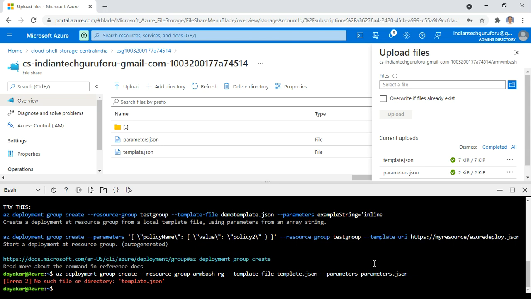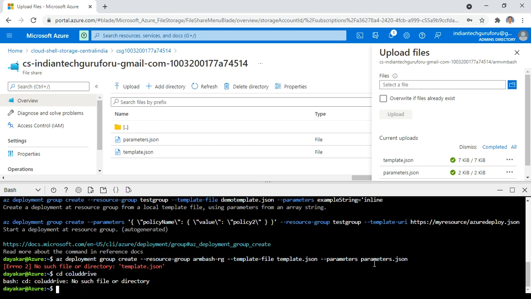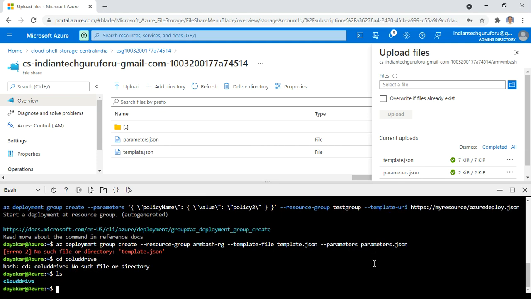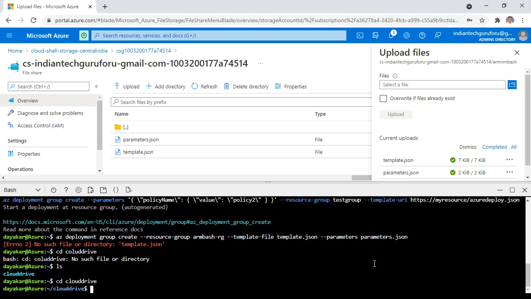Template.json is not available. Actually these files are available in the cloud drive. First of all, you have to go to that particular directory, cd clouddrive.